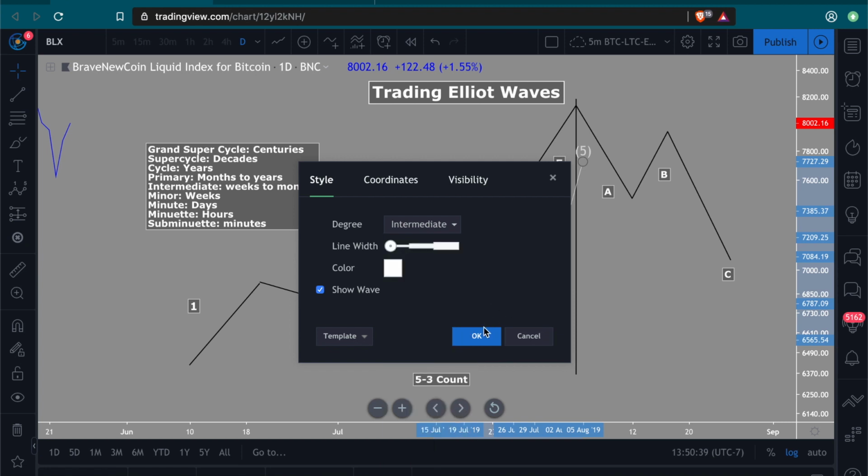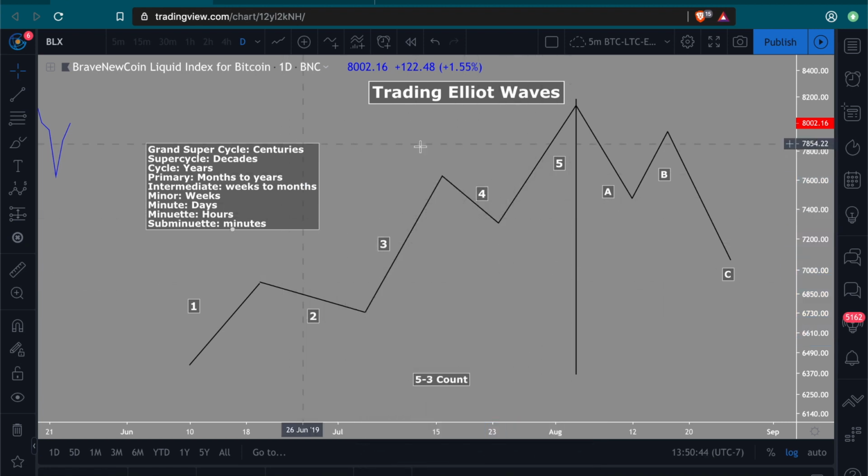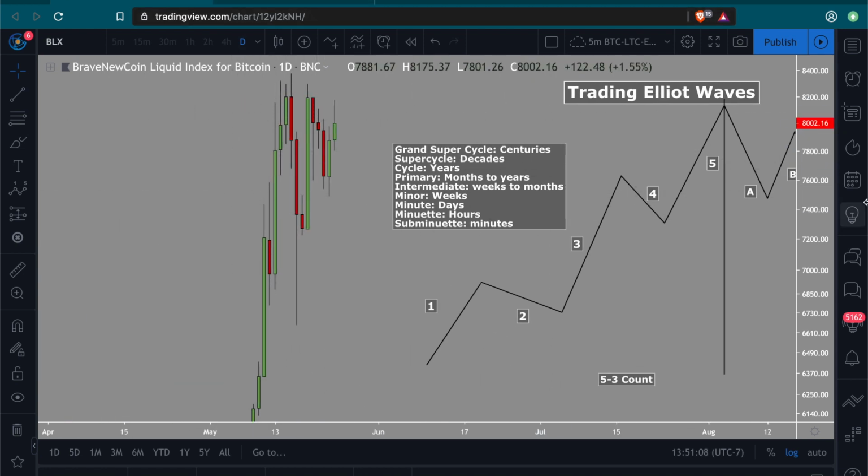So you can utilize this wave count in every different time frame, whether it's minutes, hours, days, weeks, or months. Crypto doesn't really even have that much data for multi-decades or multi-centuries, and most assets don't anyway. So you can use this as a general rule of thumb for how to map out Elliott wave counts. Let's practice a little bit and see how we can do that.